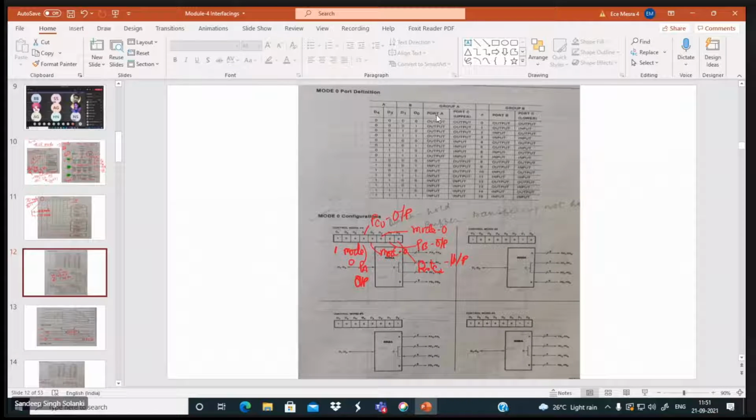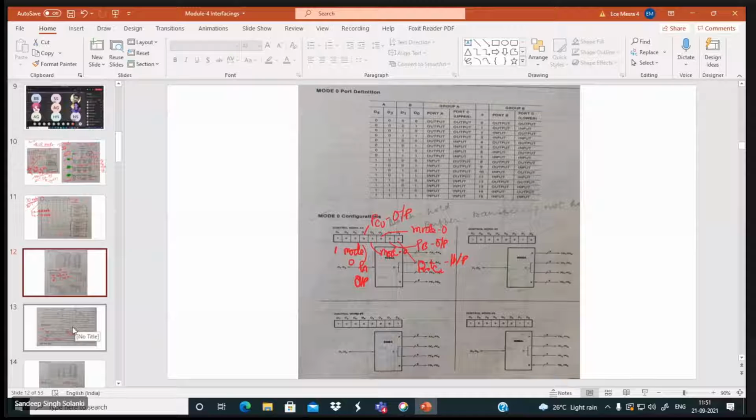Port A becomes output because you know if you write 1 here, then only it will be input. And port C, you see here, that is also output. So 0000 makes them output. I'm taking you to the bottom, that is 1111. All are 1. It means port A is input, port C upper is input, port B is input, and port C lower is also input. In the diagram also it has been shown. I will share this slide with this PPT with you.